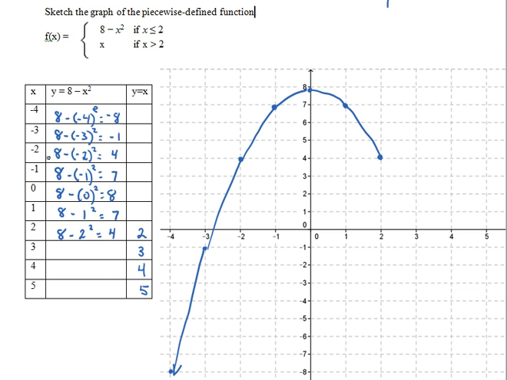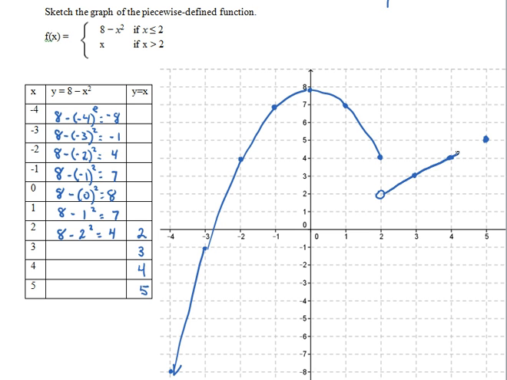But this time I'm going to graph 2, 2 using an open circle. Because notice that 2 1/4 and 2 3/4 are values on the second definition, but not 2 itself. So I now shade in 3, 3, 4, 4, and 5, 5 with closed circles, and this part of the function is a straight line